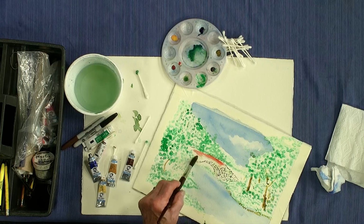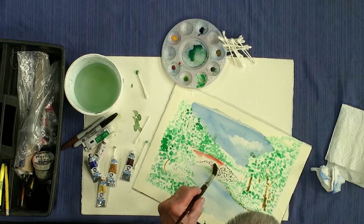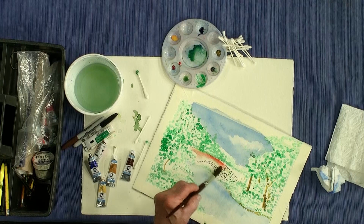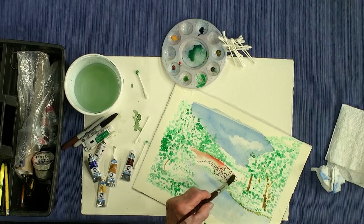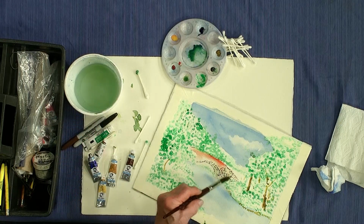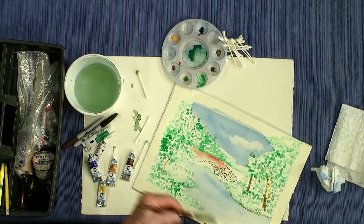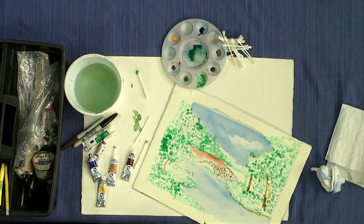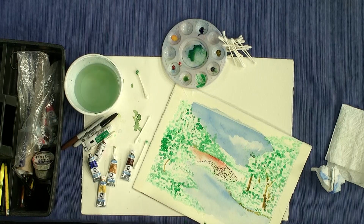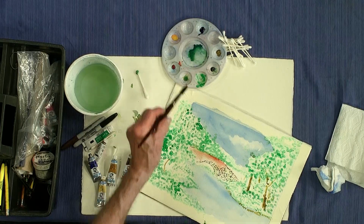We'll just do a little bit more of the bridge here. Kind of show you more of the contour, the shape of how it swings around. And that could be pulled down into here. I'm cheating a little bit because actually in reality pointillism is supposed to be completely all dots. The whole picture done with dots instead of brushwork. But you let that dry. Now you can integrate more dots into this